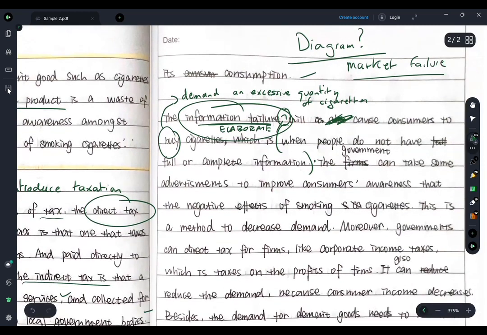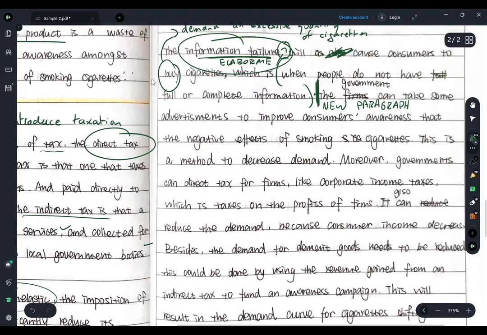Okay, you see that here clearly there should be a new paragraph because the student is starting to talk about something new, to talk about advertisement now. So that's something new. Using a new paragraph can help the reader understand that, okay, now we are about to start something new. All right. I'm not writing all possible comments because there are too many things that could be said for this answer. The government can take some advertisement, so maybe a broadcast or take, I don't know, take is not very precise, can use